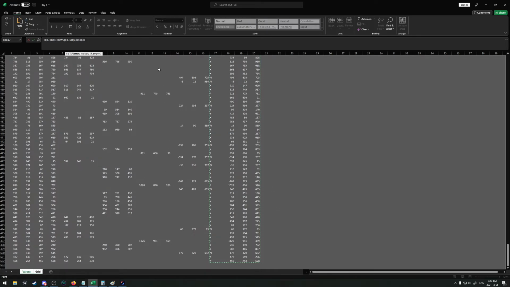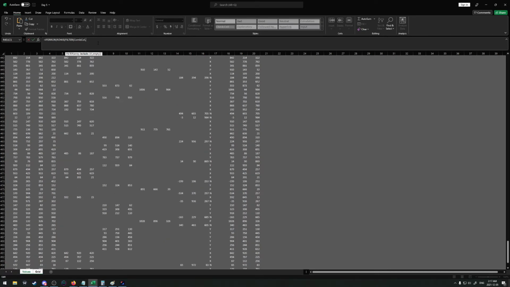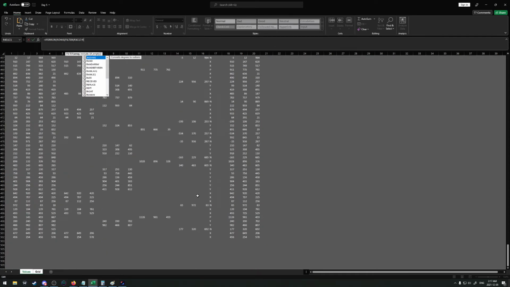So down to 502. Actually, this didn't work last time. So instead of column, I'm going to do row 3, column 17 to row 502, column 20,